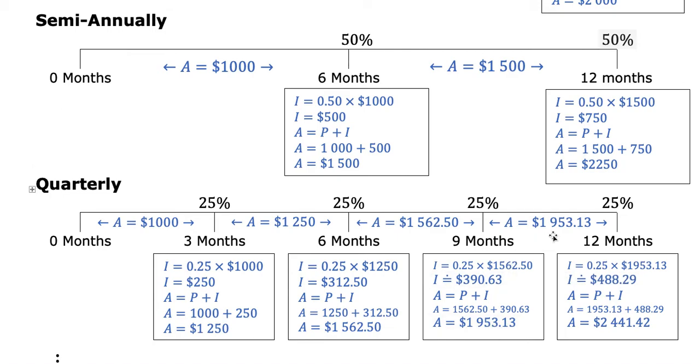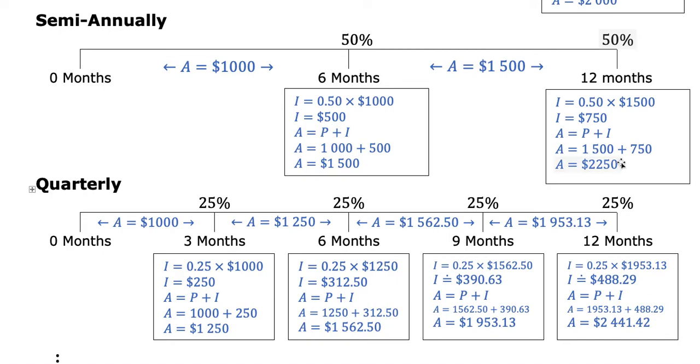All of the amount is invested for the last quarter, from 9 months to 12 months, and at the end of 12 months, we'll take 25% of the amount that was invested. 0.25 times that amount is $488.29. Notice the progression of the amount of interest that is calculated at each interval due to the interest that's earned and accumulated throughout the process is being reinvested. The amount is the principal plus the interest. So this is how much was invested for this duration, and the interest that was added is $488.29 for this interval, altogether